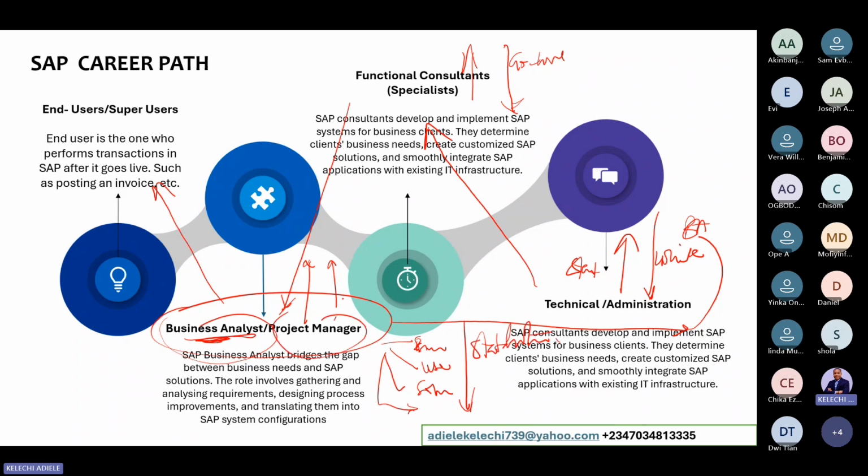The PM will probably leave and start looking for the next project to manage. But this guy, that's why you have a lot of BAs in-house. You have a lot of BAs sitting in-house because once you go live, there is another phase of work. The functional consultants will most likely, if it's an implementation team, disembark. The technical guys, maybe you have one or two to make sure that the system runs as much as possible. But the BAs that have functional experience would have to stay back to drive post-implementation work.